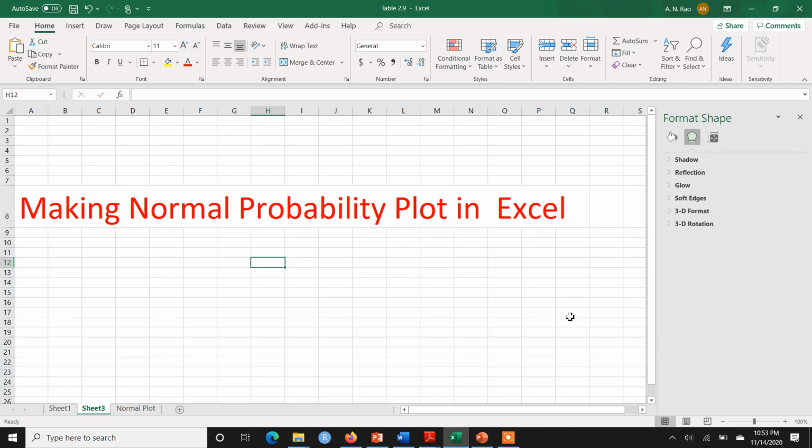You know that whenever we run a statistical test, let's say that we run regression, or we find correlation between two variables, or we do some hypothesis testing, then one of the crucial assumptions is that the data is normally distributed. So how can we test whether data is normally distributed or not, and how can we do it in a relatively simpler graphical approach using Microsoft Excel? So let's learn how to make a normal probability plot and how to link this concept with linear regression.